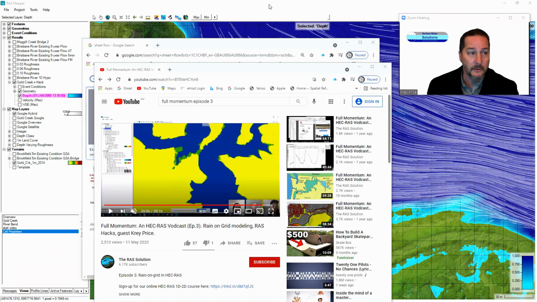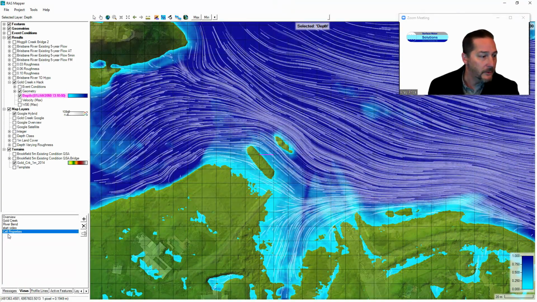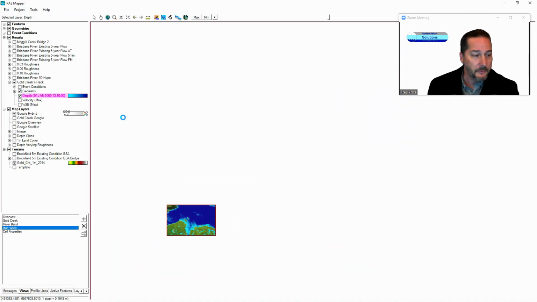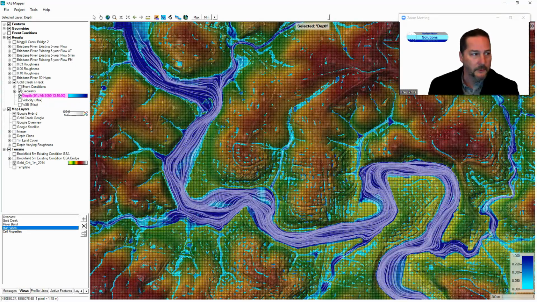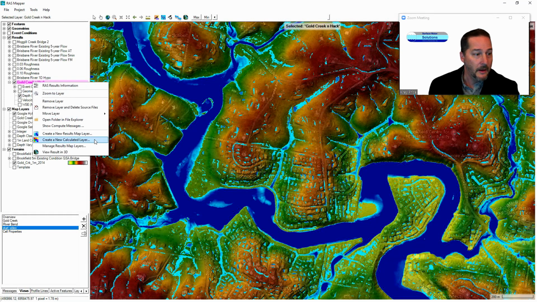So let's go back to RASMapper here and I'll show you what I'm talking about. Let me zoom back out to where we were, and we'll have a look at some of the layers that we can now export and some of the parameters that we can put into the raster calculator. I'll turn off the geometry, and I'll turn off particle tracing, and let's go to the max depth. So we're just looking at a static image of the maximum depth that ever got hit in this flood. So what we're going to do first is take this results layer, which I've already run here,